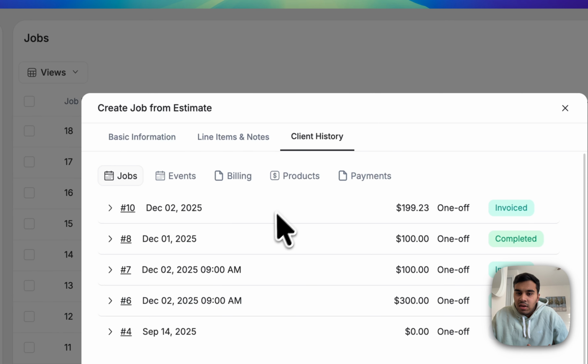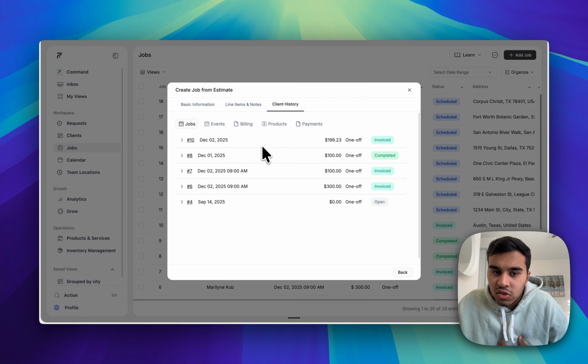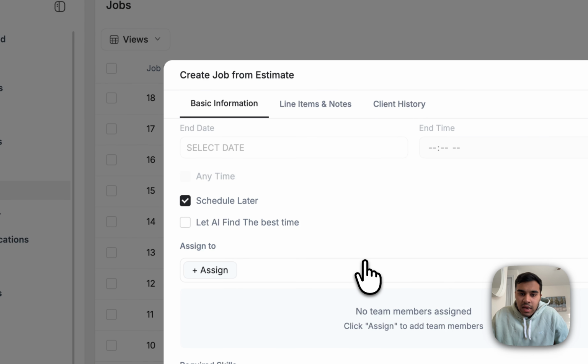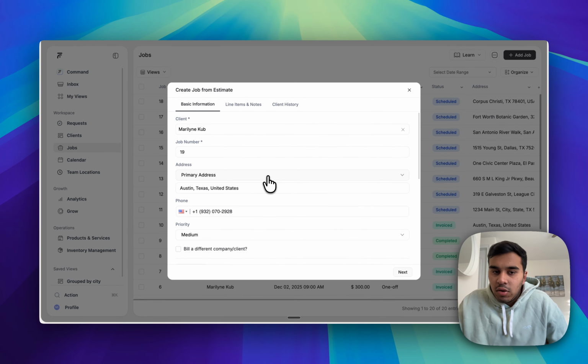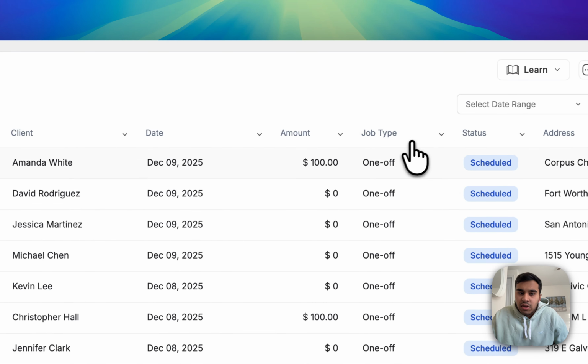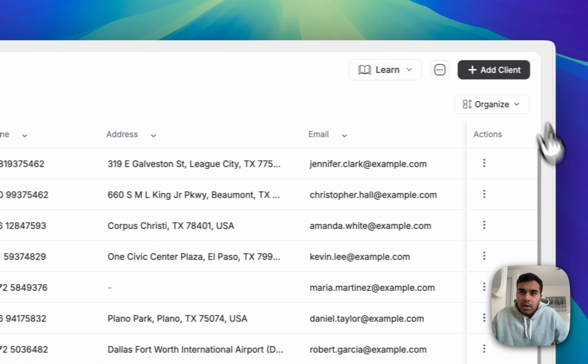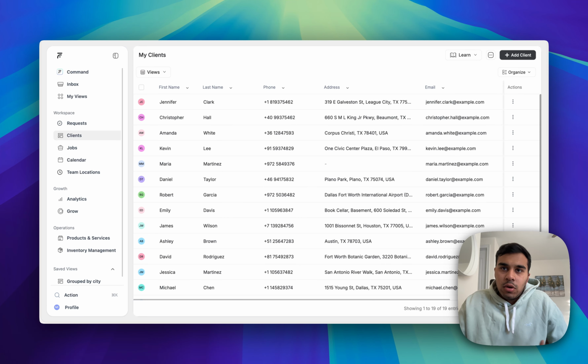I have the client history things because we have the CRM which I just showed you. So I can see all the job, event, billing, product, and payment information right here. Then any details like scheduling, when do I want to schedule the job. Check out our job scheduling feature for how we use AI to schedule the jobs. And once the job is created, ultimately Jill becomes an active client in your system. You can assign the jobs to your different people, you can execute it, etc. And lastly,